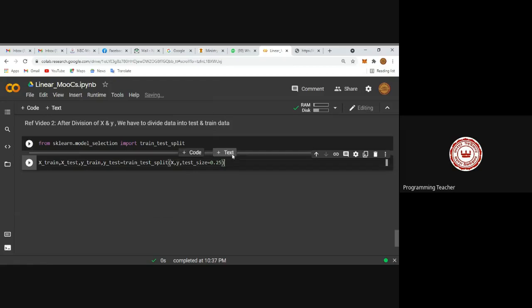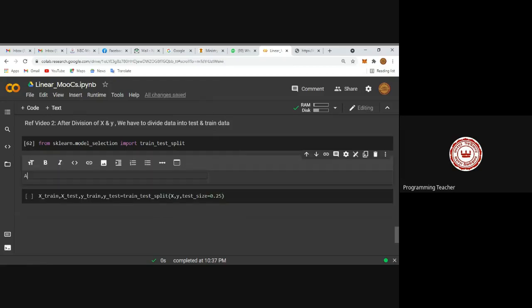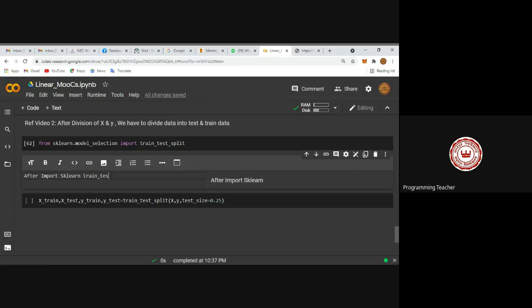How much percentage of data? So the meaning of this line: after importing sklearn train test split, we do the division.